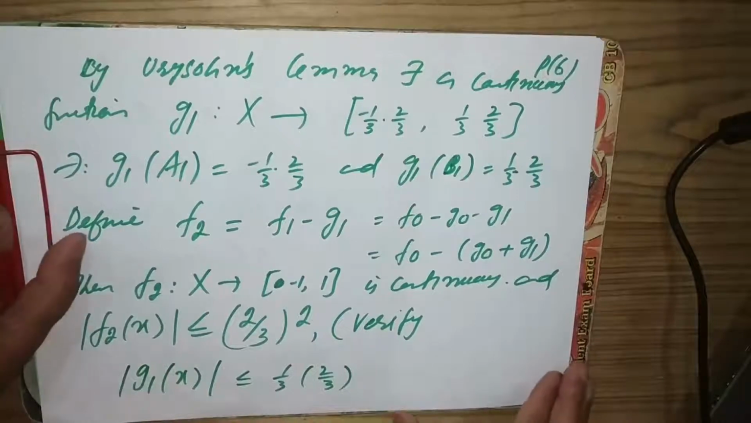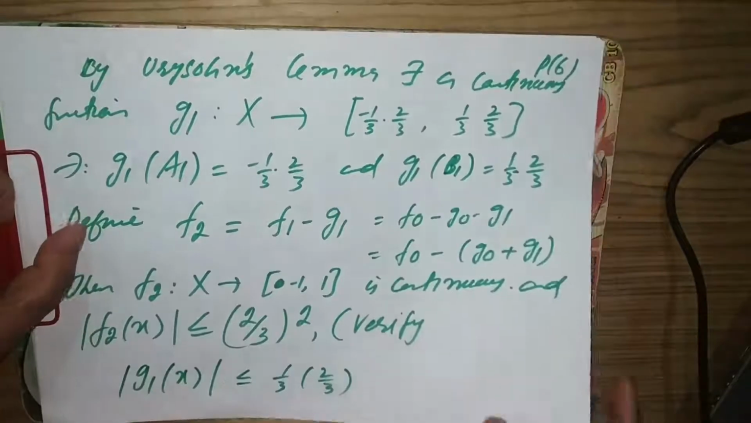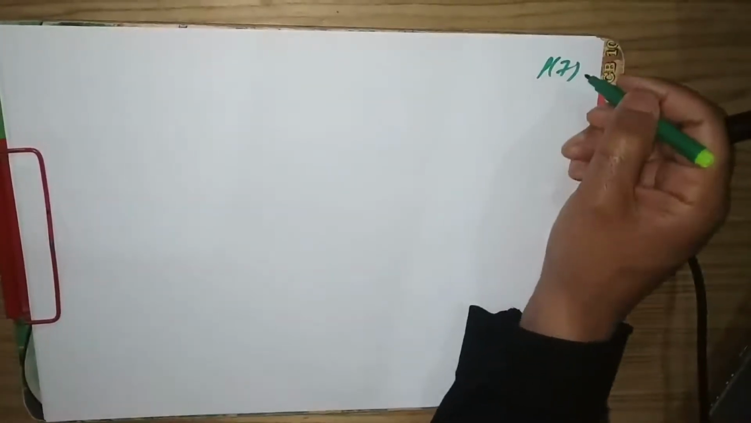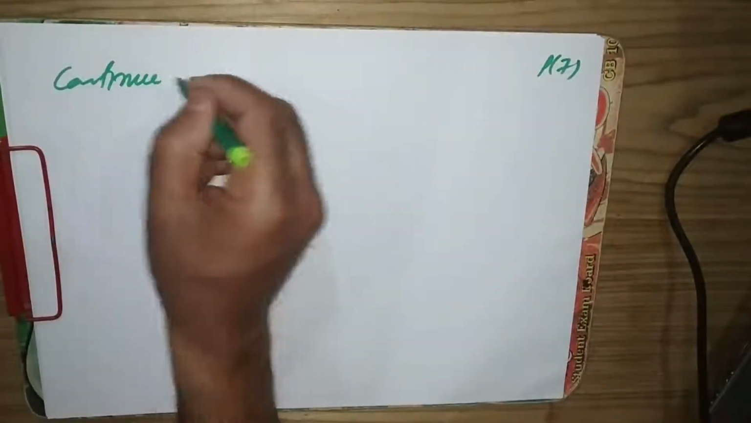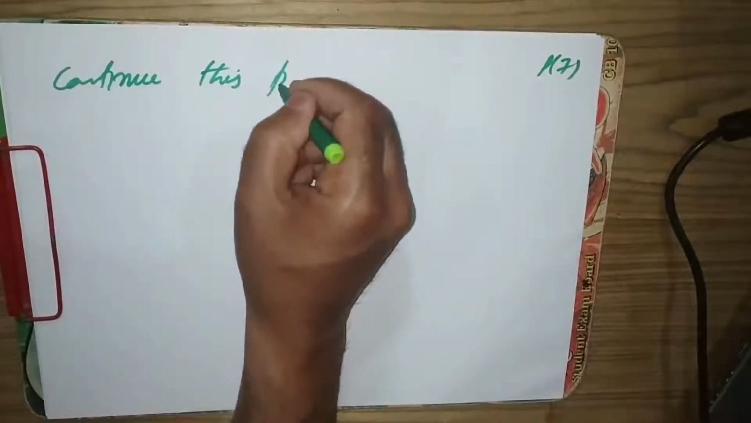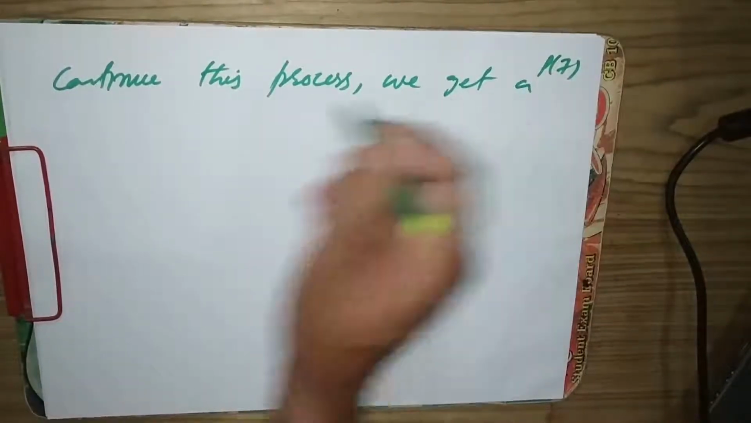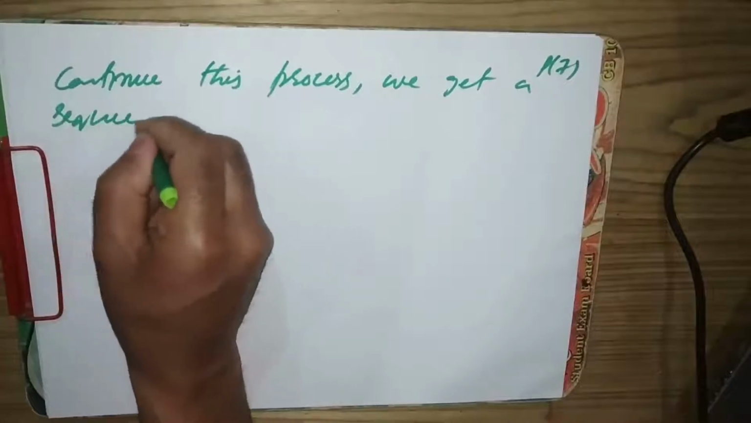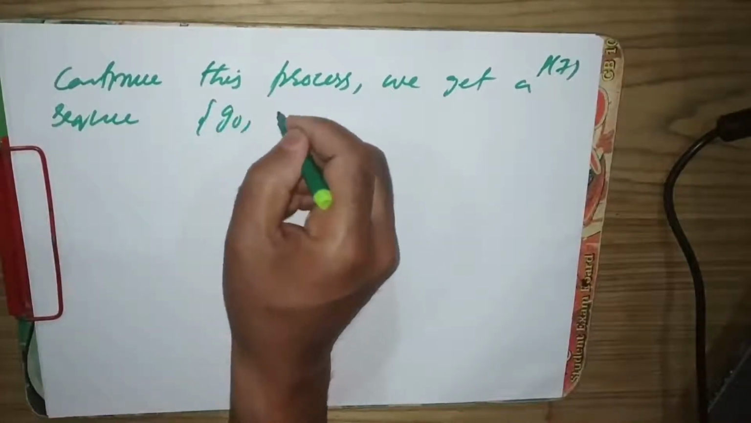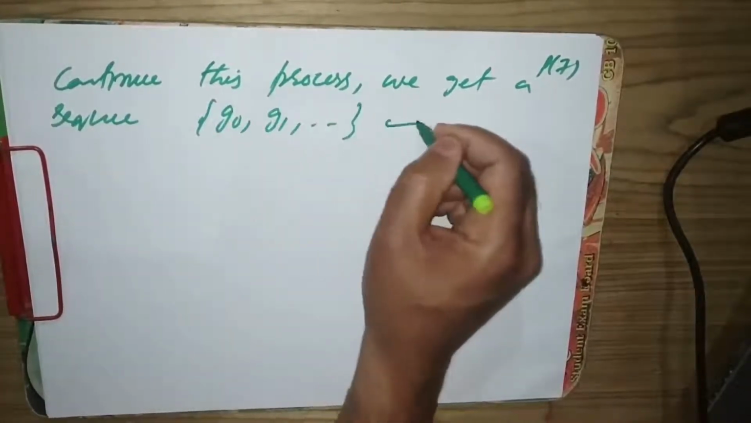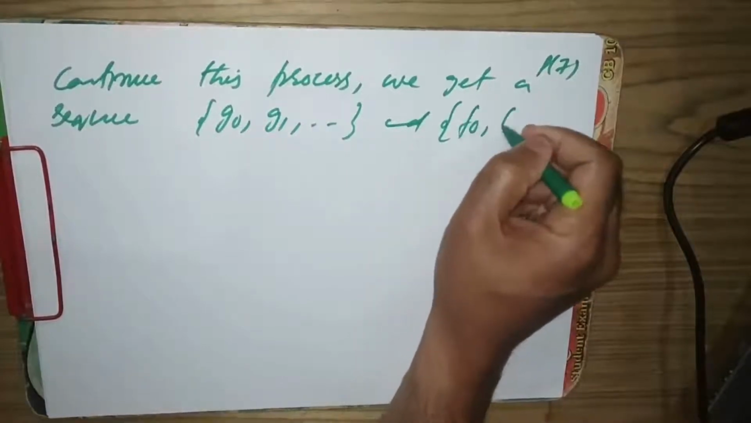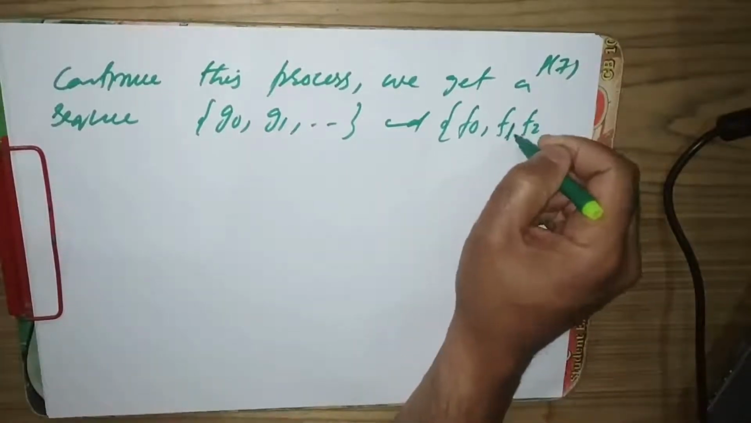So we continue this process indefinitely, not just n times. We get a sequence g0, g1, and so on, and a second sequence f0, f1, f2, and so on and so forth, such that